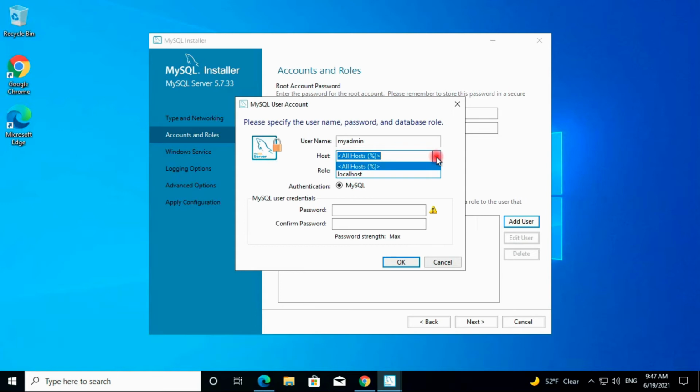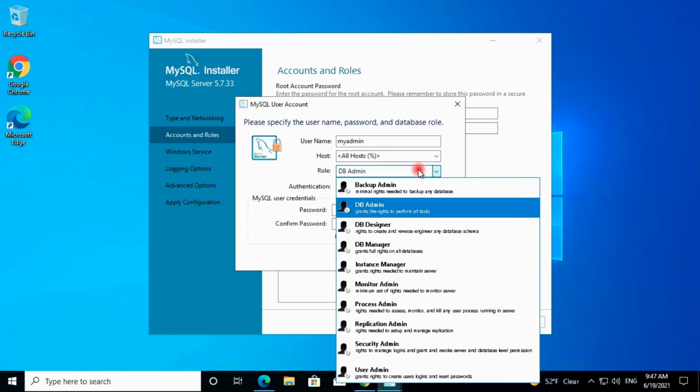Okay, so if you select all hosts, then you can connect to this MySQL server from outside also. But if you choose only localhost, then you have to connect to your server using your local environment only. Okay, so that is the thing here.